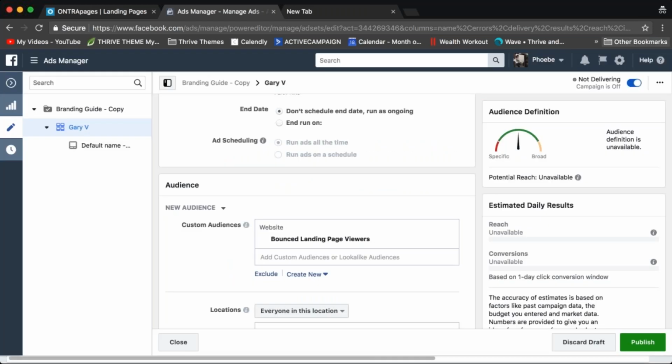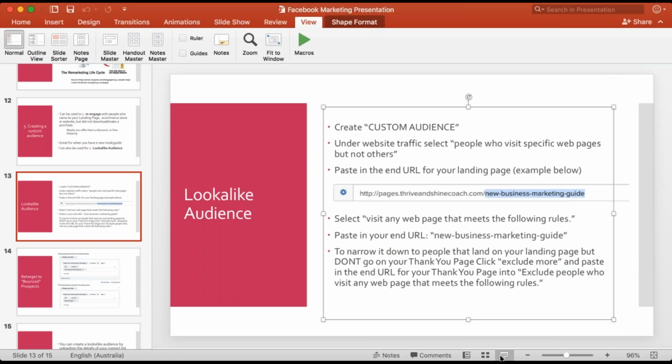Don't worry about that, because you guys won't have a giant list just yet to create a lookalike audience. But once you've got a list of over 300 people, you can save your contact list and export it from ActiveCampaign and then upload it onto Facebook. And that then allows you to create a lookalike audience of your contact list, so that you are then targeting and marketing to people that have